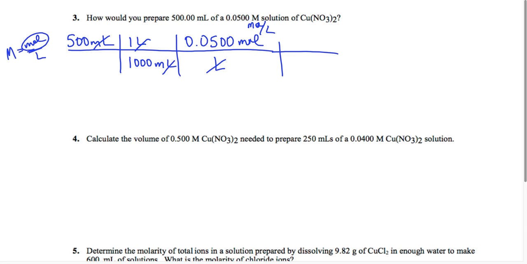Oh, I want to get to grams. Sorry, back it up. I'm in moles of copper 2 nitrate. So now I need to figure out how many grams I have to weigh. How do I do that? For every 1 mole of copper 2 nitrate, I need